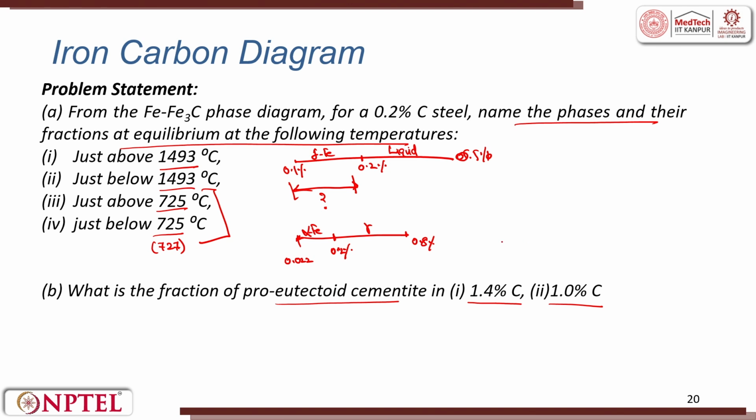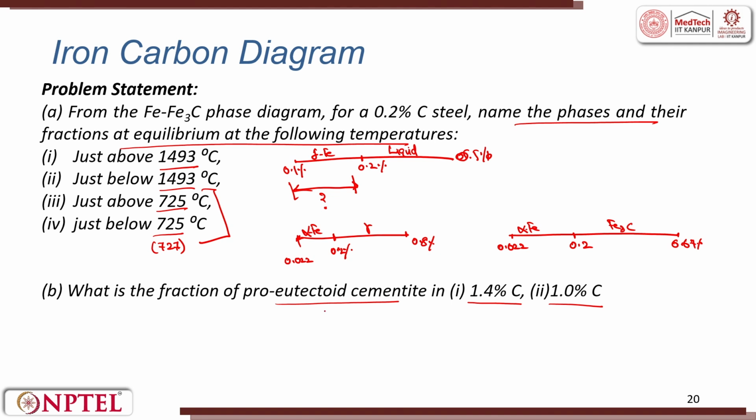Similarly, on the other hand, for the complete line, if I say alpha ferrite here and cementite this side, from this you can recall that we are talking about cementite, that means 6.67% would come here, on the right side. On the left side we have the alpha ferrite, that is 0.022, and in between we have 0.2. So, this will also give you the fraction of the alpha ferrite and cementite. These all you can calculate.